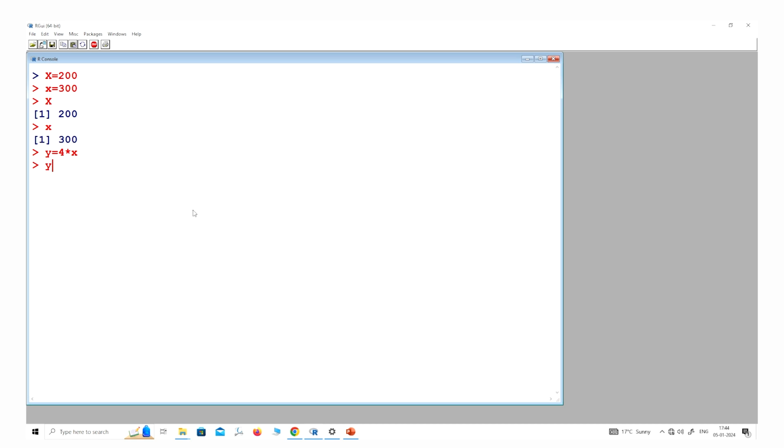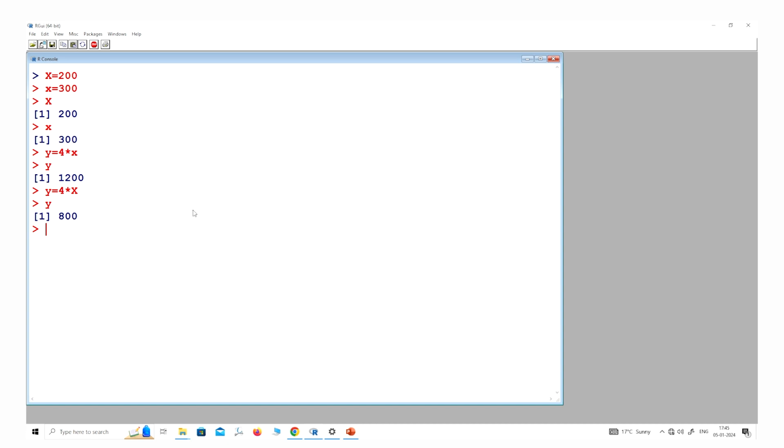Then y comes out to be 1200, but if I change small x to capital X, the value changes to 800, because 4 is getting multiplied by 200 or 300.